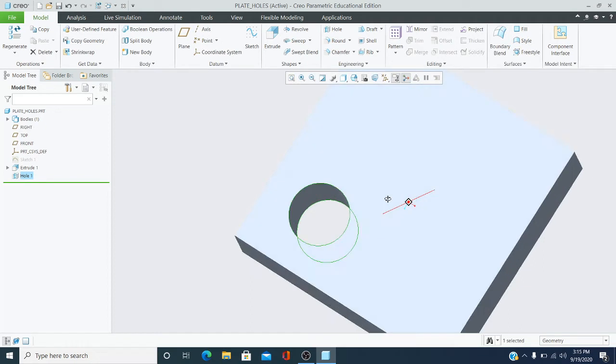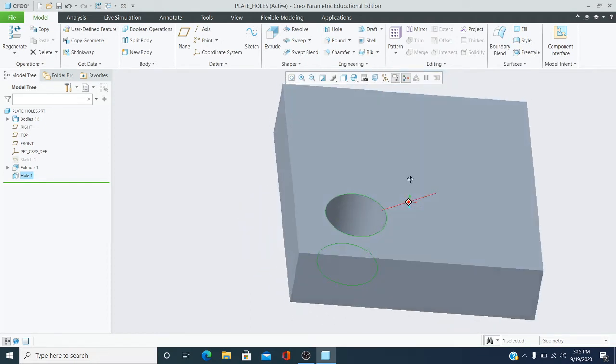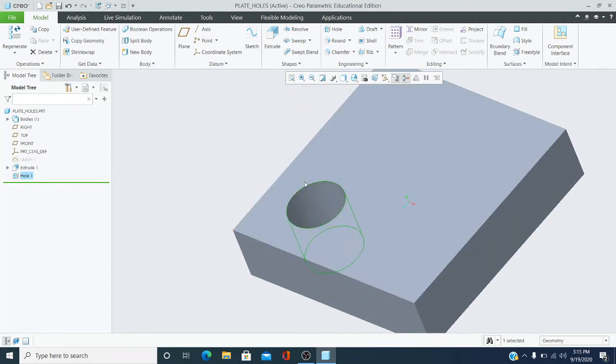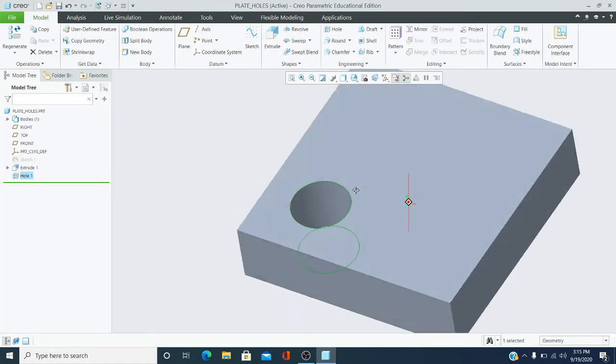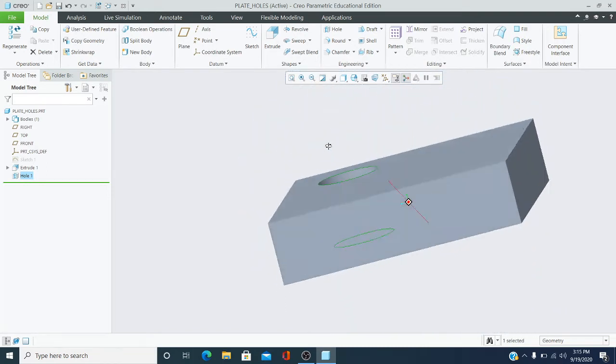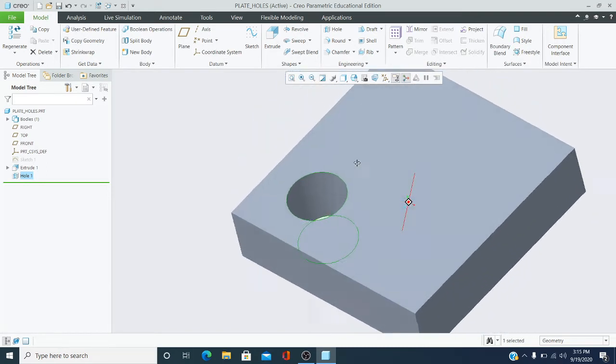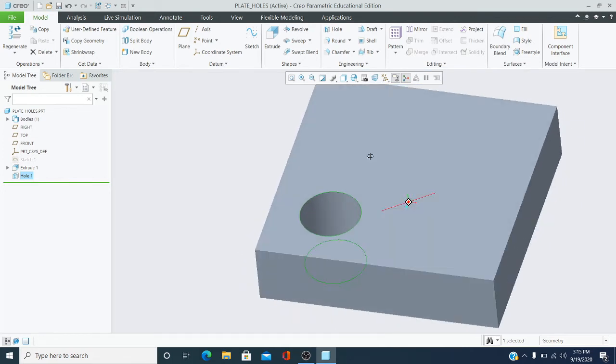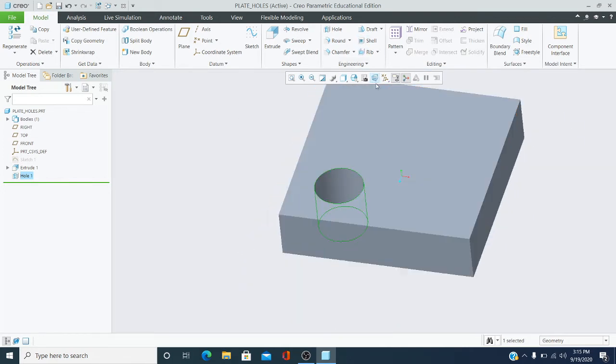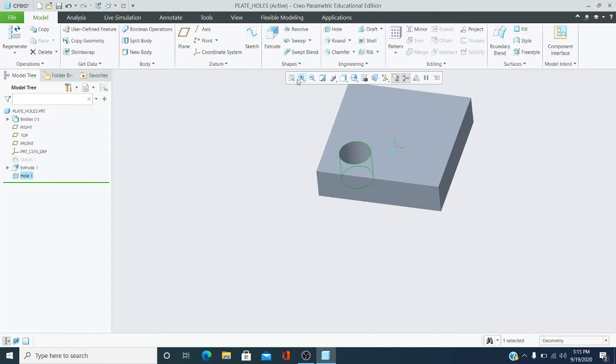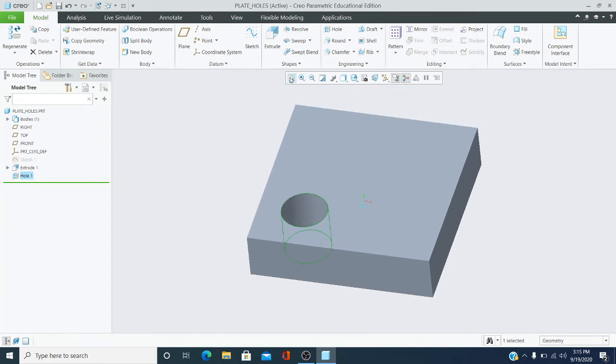All right, so we have a 1 inch diameter hole, 1 inch from this side and 1 inch from this side. By the way, you see me moving my part around. I'm holding the scroll wheel down as I'm moving my mouse. All right, so now we're going to do a refit there, do another hole,